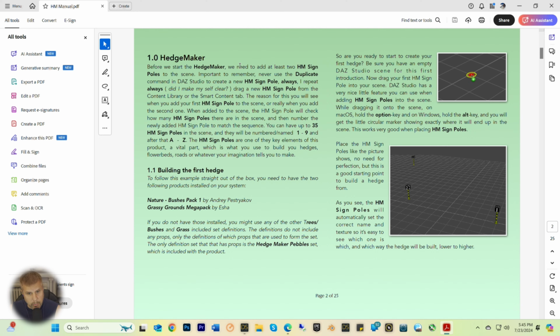Before we start the Hedge Maker, we need to add at least 2 HM sign poles to the scene. Important to remember, never use the duplicate command in Daz Studio to create a new sign pole. Okay, that's good to know. Always, I repeat, always, did I make myself clear, drag a new HM sign pole from the content library or